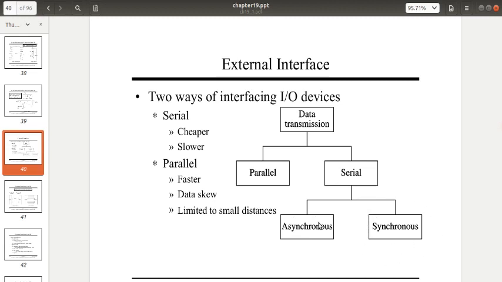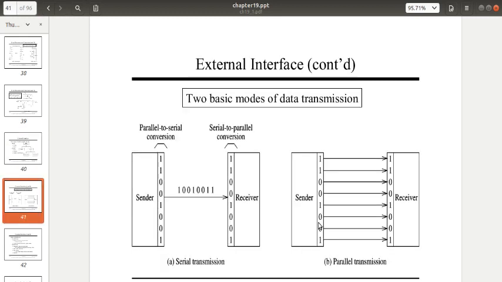So let's see the different cases. This is what I said about the communications. In parallel communication, for each bit there is a separate line from sender to receiver, if this is an 8-bit communication. So the word size of this particular protocol will be 8 bits, and one line is there for each bit. But in serial communication, there is only one line, and you have to send one bit after the other